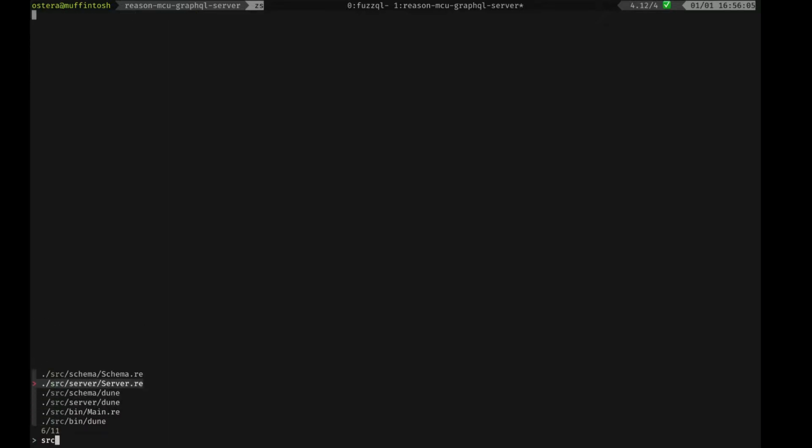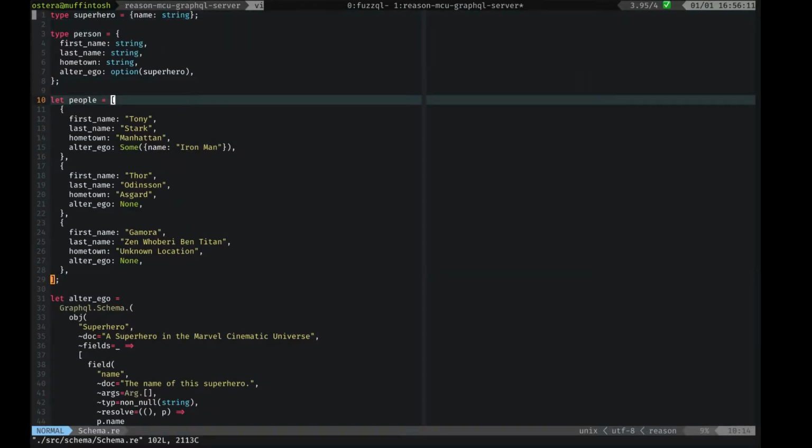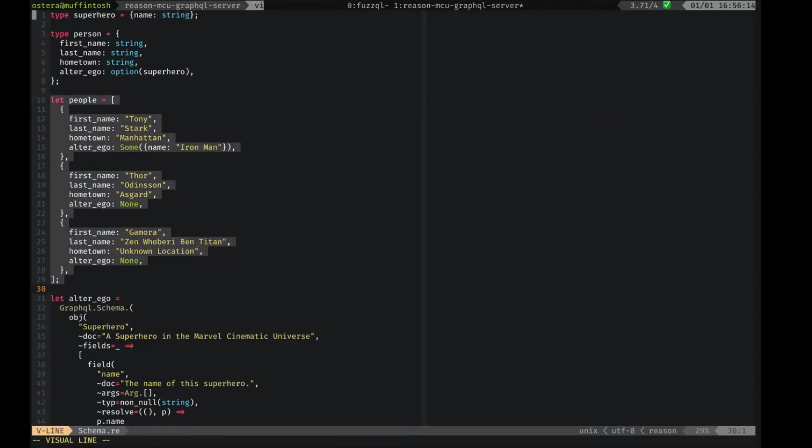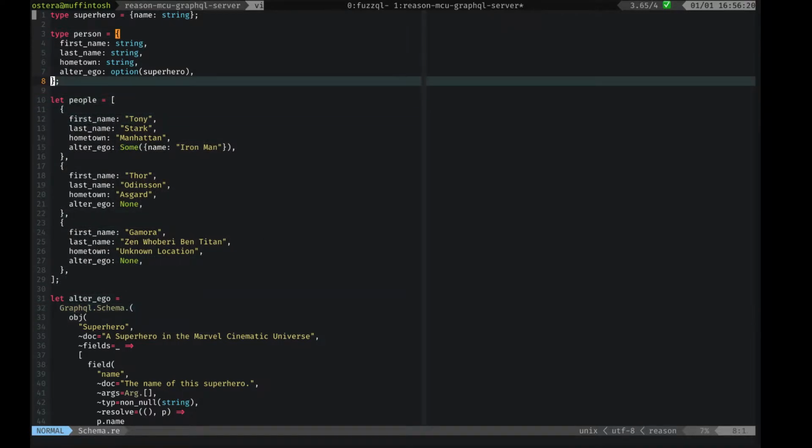For example, here we have the schema and the server, right? And the schema essentially defines the types, but it also defines the data that we're using. So as long as the types are available, right, separated